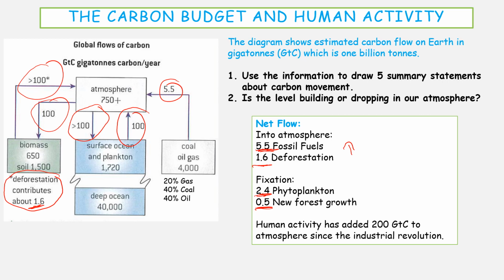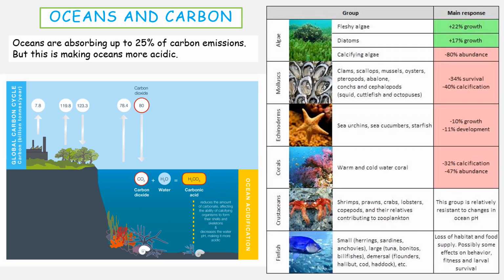And human activity has now added over 200 gigatons of carbon dioxide to the atmosphere since the Industrial Revolution. And we'll look at this in a different module in much more detail, the effect of carbon emissions on the ocean. So the ocean is a massive carbon sink. It absorbs up to 25% of our current carbon dioxide emissions, but carbon dissolves in the oceans to make carbonic acid. So when it reacts with water, it makes something called carbonic acid, and that is slowly lowering the pH